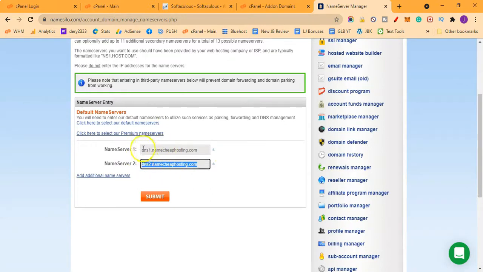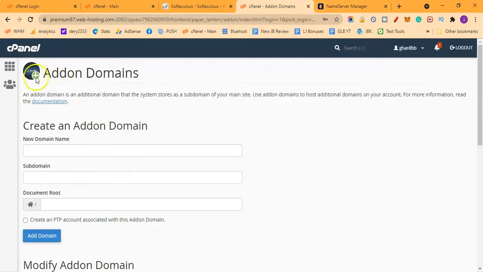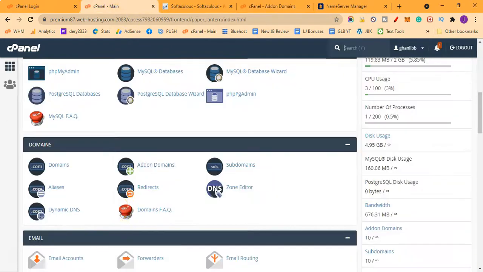Like you can see here, my name server 1 and 2 are all pointing to my Namecheap hosting here. So you click submit. Once you've submitted your domain name inside your add-on domains, you can now come here to